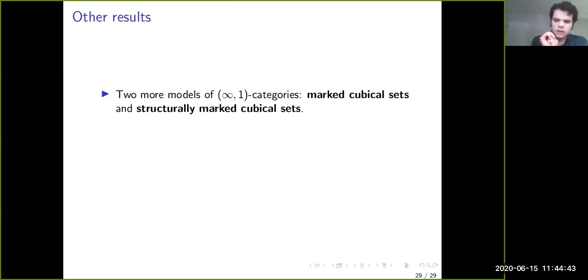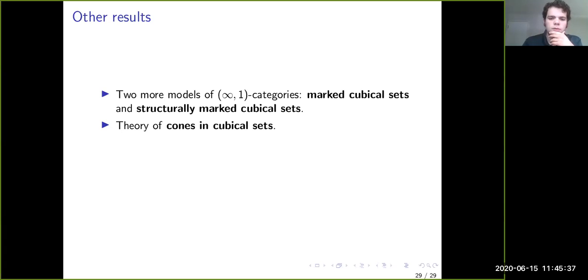So that covers all of the main stuff that I had been planning on talking about today. It looks like I've got a little bit of time, so maybe I'll just briefly touch on some of the other results we have in this paper. So we actually have two more model structures, two more cubical models of infinity 1 categories, which I didn't discuss today. So there's a model structure that we've developed on the category of marked cubical sets. Those are cubical sets in which certain edges are distinguished as marked edges, and those sort of represent equivalences in a homotopy sense. Right, and then we also have the category of structurally marked cubical sets, which are cubical sets where edges can have more than one marking. So we actually, in the paper, develop these model structures first and then use those to obtain our model structure